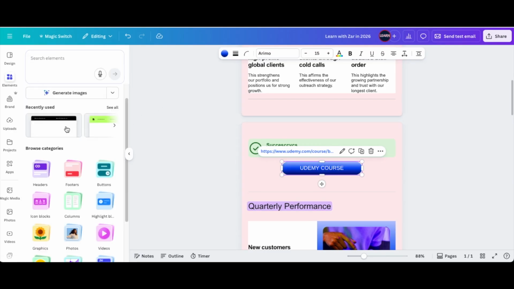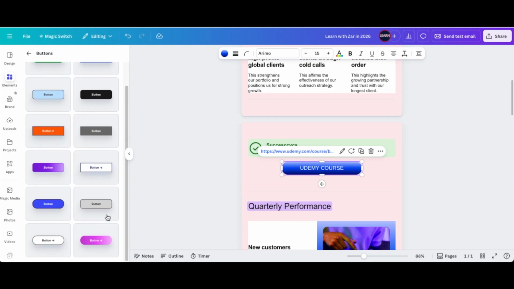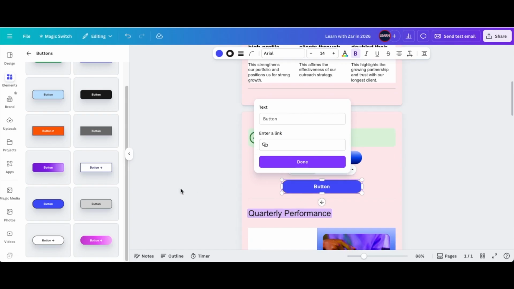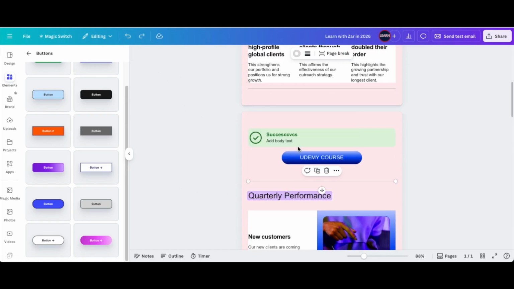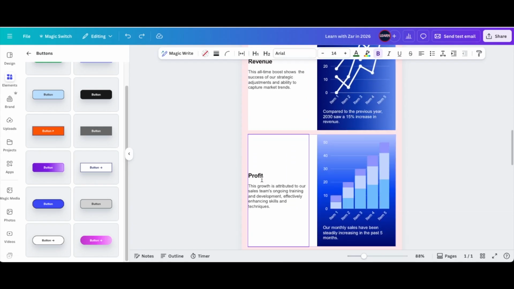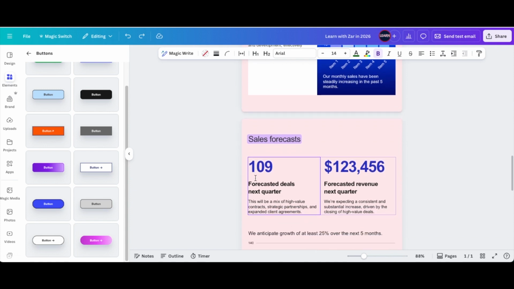However, if you want to have a different button, again, you can click on button just to have a look and see how they look like, and then you can click and drag one and place it on the email so that it does exactly what you want to do. So those are the functionalities that are available on your menu once you click your / or if you click